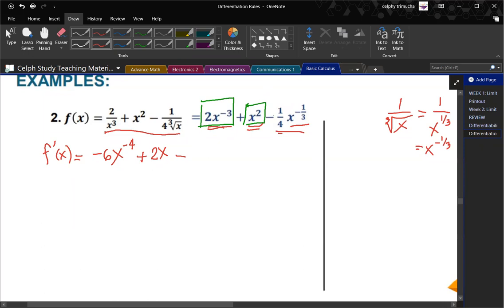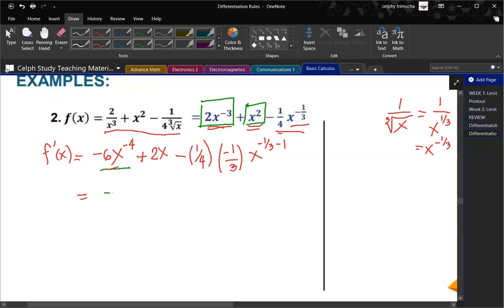So separate lang by constant multiple rule. Separate na ang negative 1/4 or 1/4. Then ang mapag-derive naton sang x raised to negative 1/3. So mag-derive kita, papanaog naton ang negative 1/3. Then ang aton nga capital ang aton variable, minus na kita sa aton exponent. Okay, so this one, i-arrange na lang ang aton nga first term,